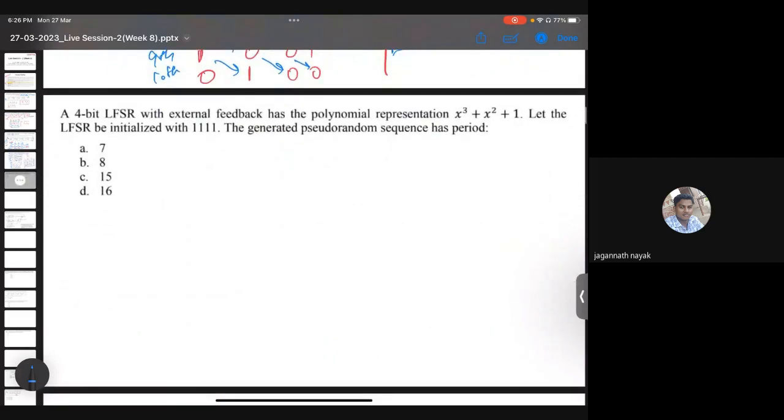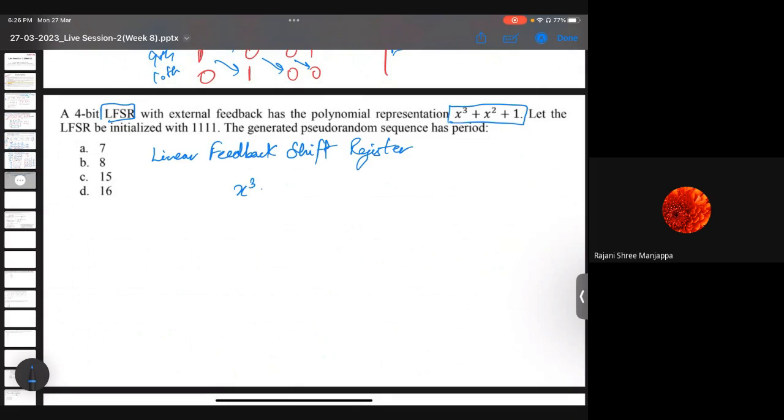So this question has a concept of LFSR, which is nothing but a linear feedback shift register. Linear feedback shift registers are shift registers which basically shift the bits according to the polynomial representation of them. So here you can see it is given as x cube